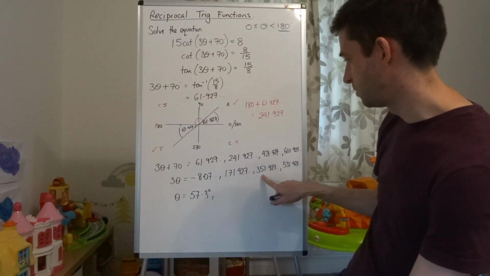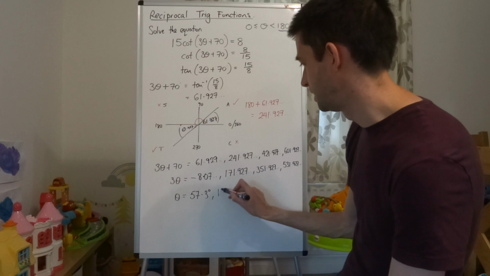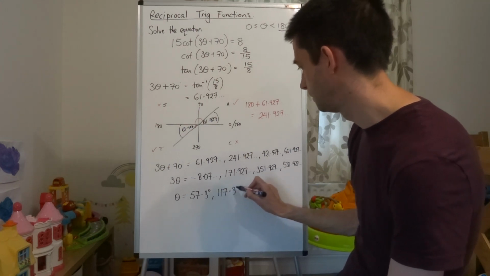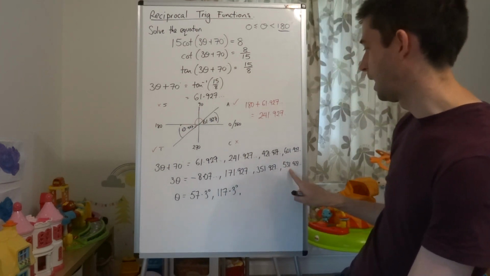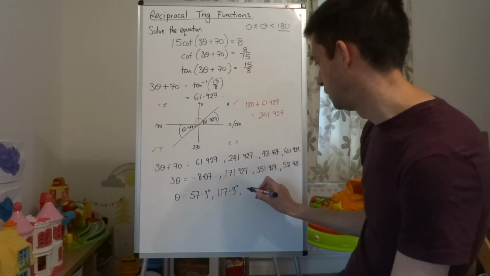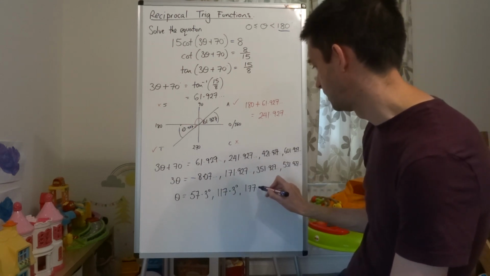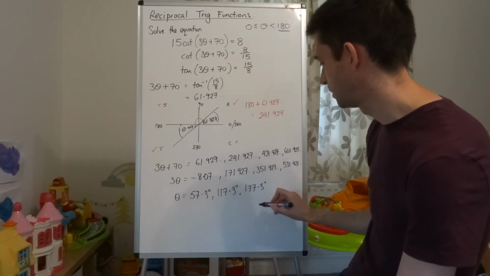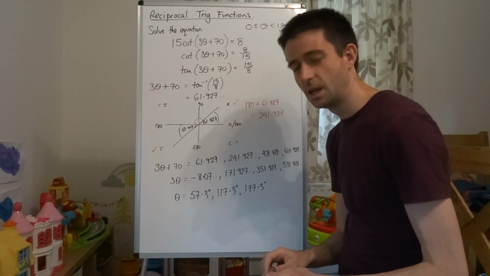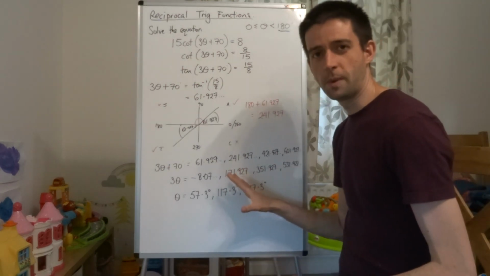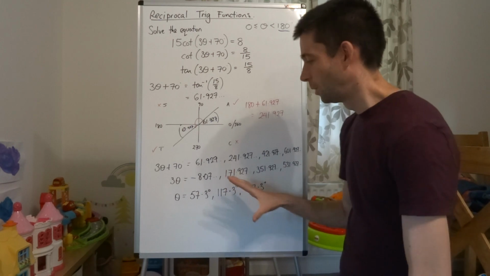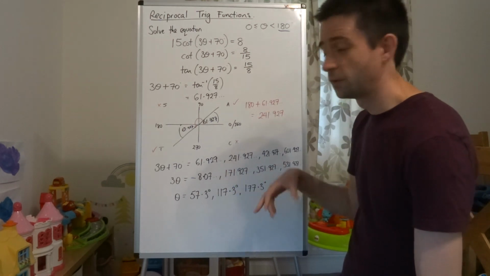Divide this one by 3, we're going to get 117.3. And dividing this one by 3, we're going to get 177.3. So just a little bit talking about what's happened here with this final answer and how it relates to